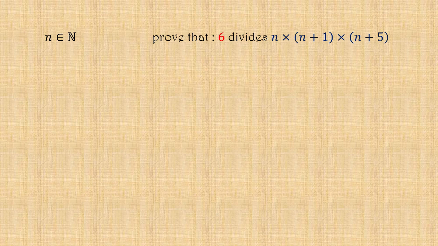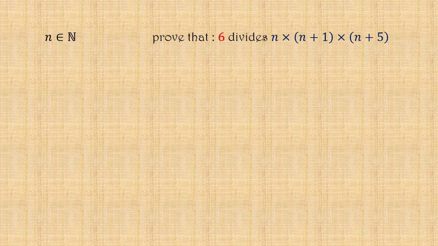Let's suppose that we have a natural number, n. We would like to prove that the number n multiplied by n+1 multiplied by n+5 is divisible by 6. Although this proposition can be proved by a recurring reasoning, in this video we're going to see a more simple